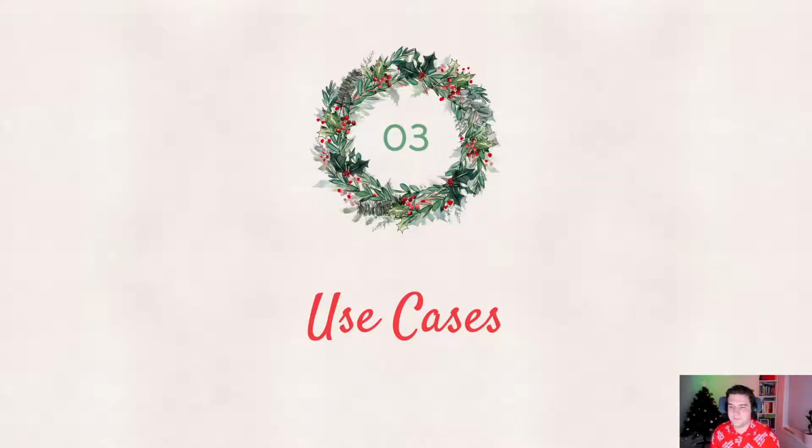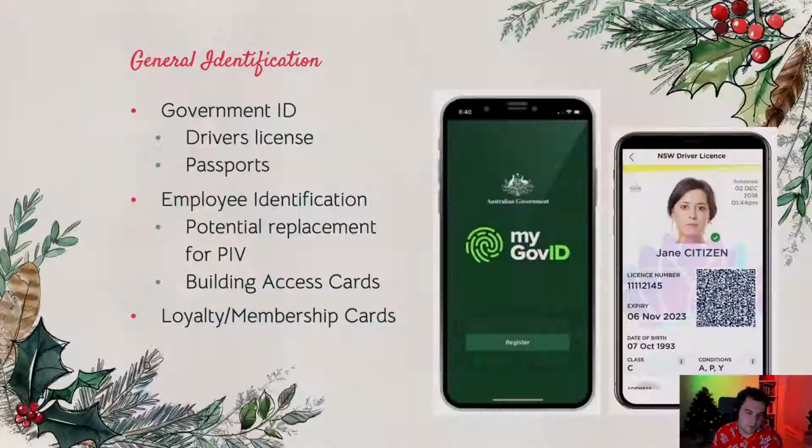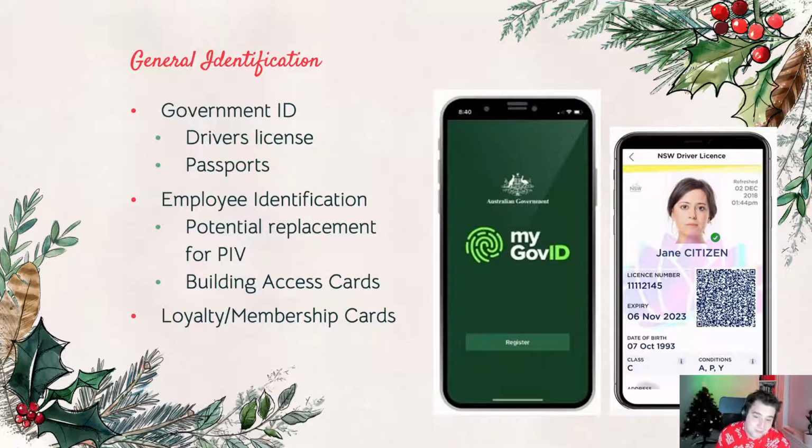Let's talk about some use cases. It's important to understand why we would use it, but then maybe also where we would use it. The most obvious one, that you probably see today to varying degrees, is general identification. So in Australia, we have MyGovID, which is a digital identifier for citizens of Australia. That would be a prime candidate for something like decentralized identity long term. Same for things like driver's licenses, passports, etc. Awesome use case. It gives full control to the people who have them, but also allows anyone to verify the information, which is really important.